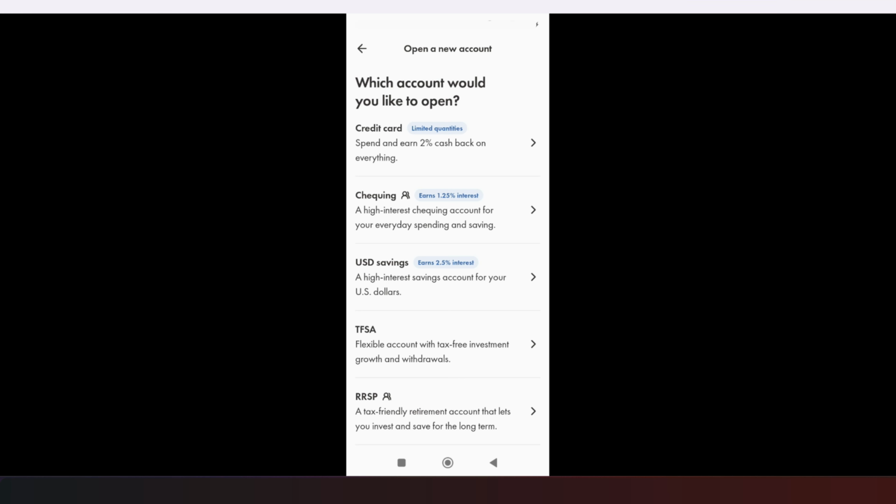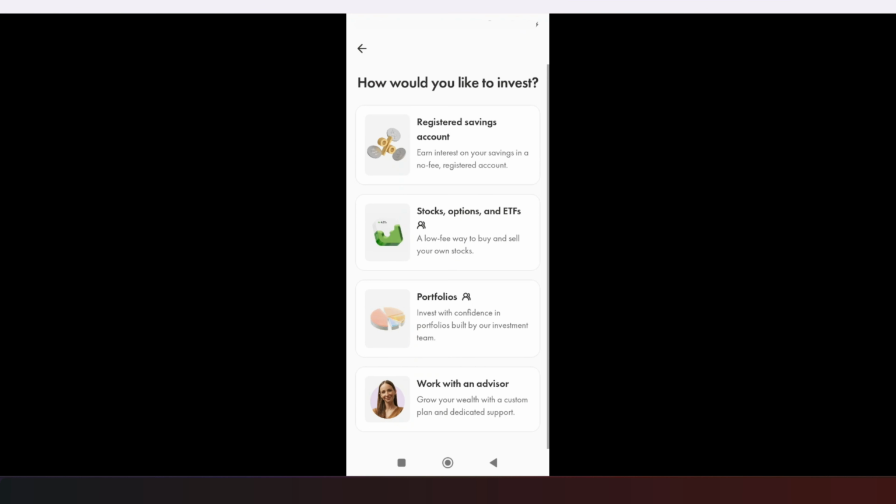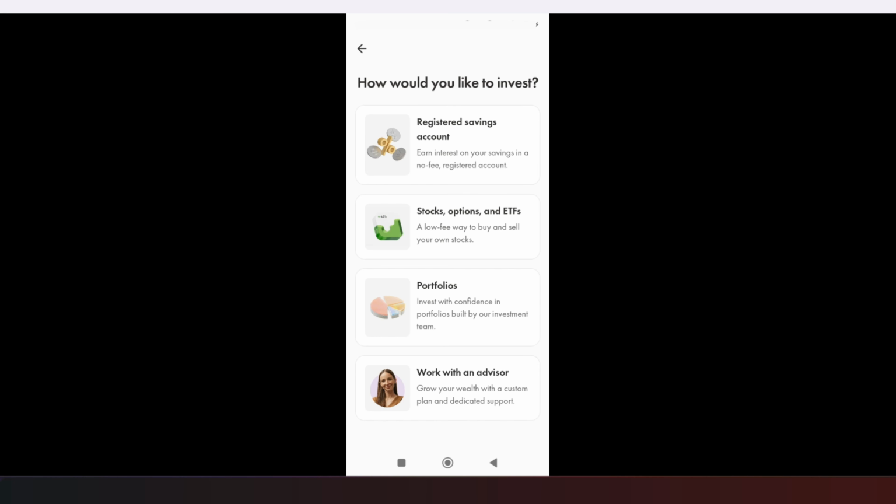When you click on RRSP, in this section, you see there are 4 different options. What are they? Registered savings account, which is where you bring your cash, basically transfer it from your financial institution or bank to this account, and then on that cash you bring in, you earn interest. The money will only earn interest on what you have put here,